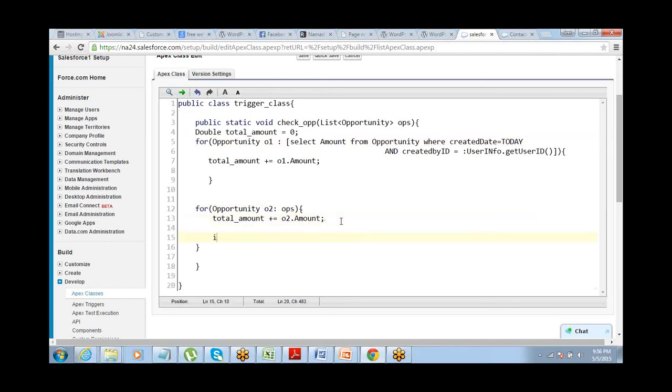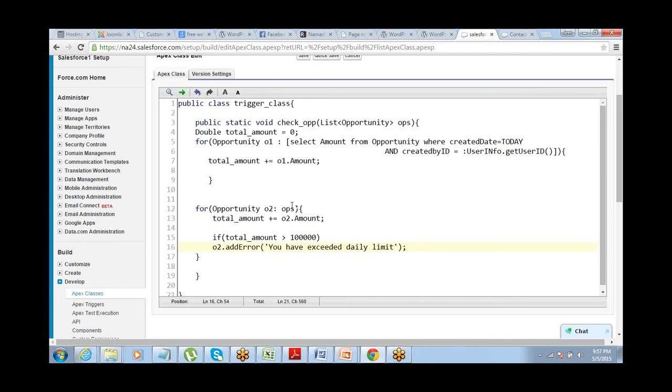And then my if condition: if total amount is greater than 100,000, then O2.addError, 'You have exceeded daily limit.' That's it.